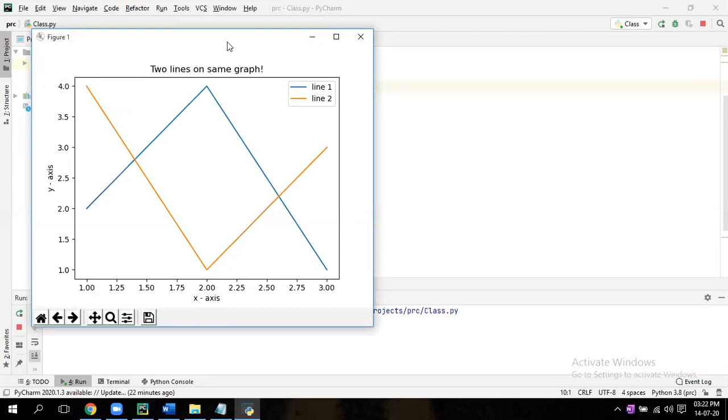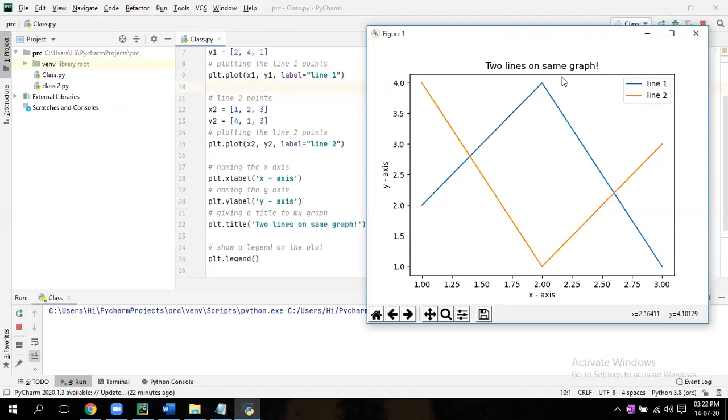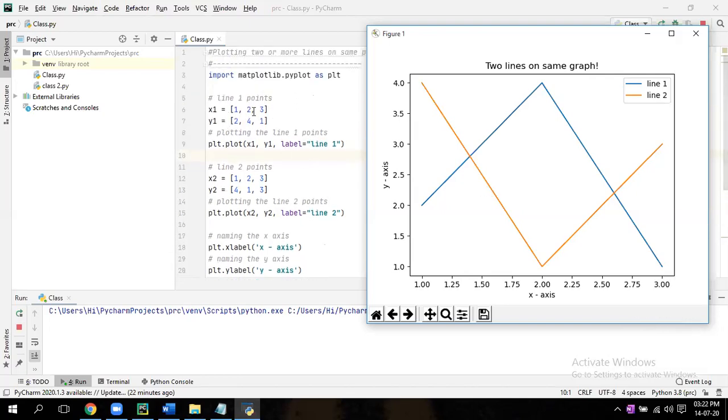Okay. So here two lines are there, and if you see plt.plot, x1 comma y1 we are giving. But again, giving comma properties, label equal to line 1, label equal to line 2. You are seeing the properties of the plot, right? So these plot properties you can give, like I told you, background color, line color, whatever color you want, you can give it and extend it.